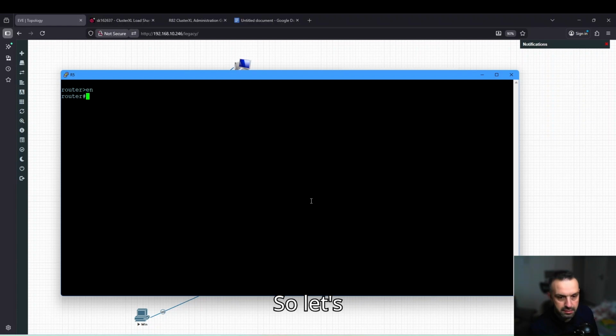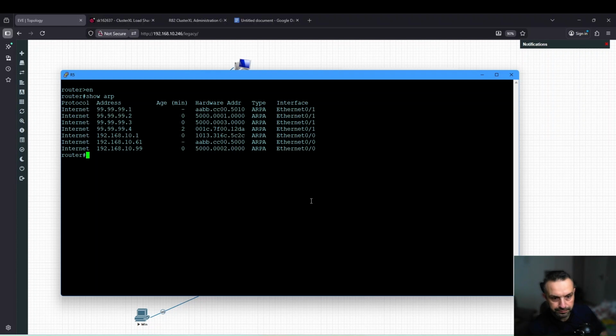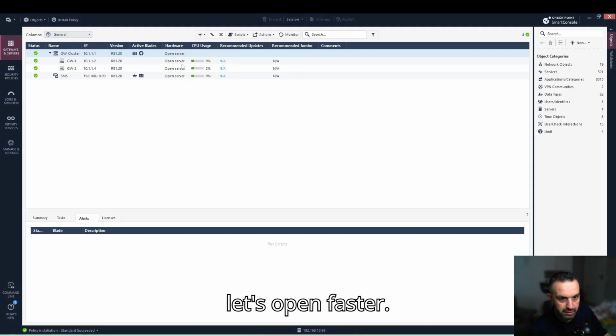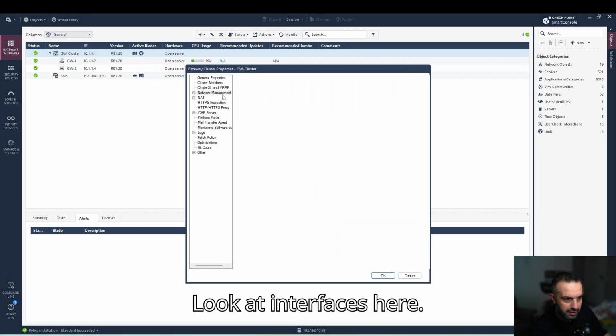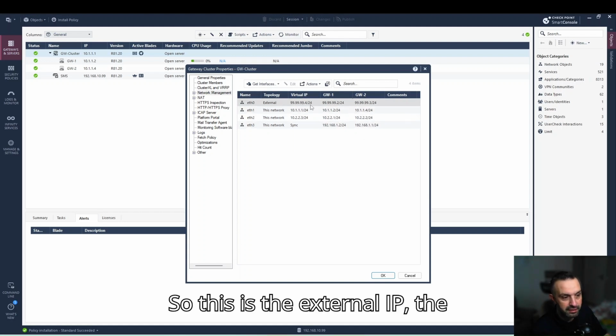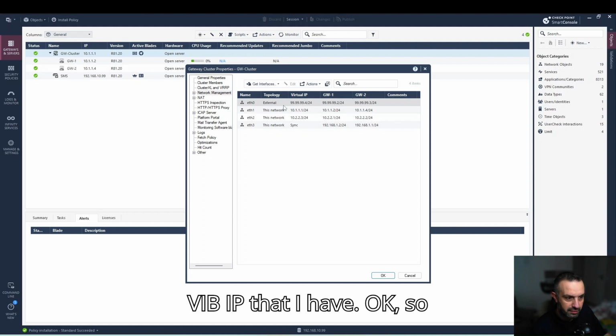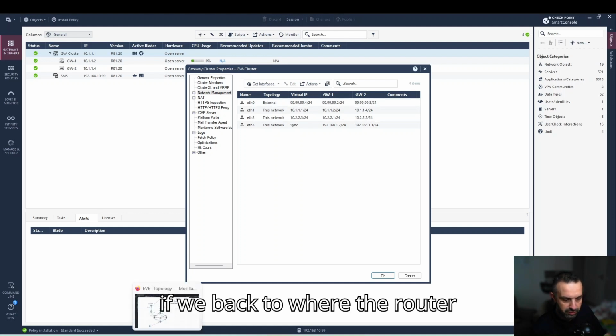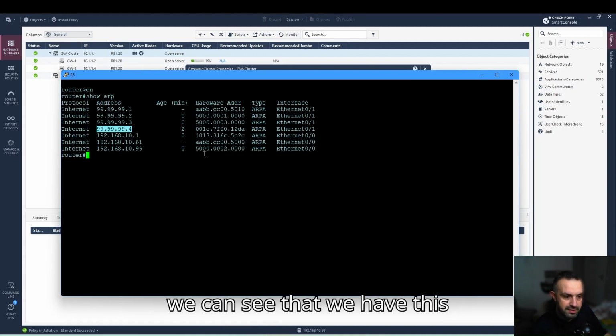Let's open show ARP. Let's open the cluster and look at the interfaces here. This is the external IP, the VIP that I have. If we go back to the router, we can see that we have this MAC address,